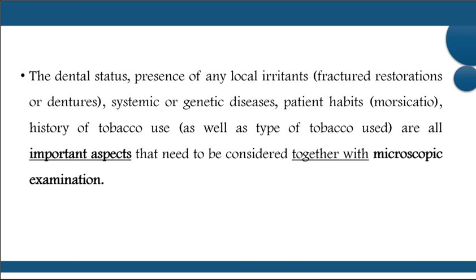The dental status, presence of any local irritants زي fractured restoration أو dentures, systemic or genetic diseases, patient habits, history of tobacco use as well as type of the tobacco use are important aspects that need to be considered together with the microscopic examination. يعني أنا أخذت البايوبسي هسي لازم أشوف البيشنت ده عنده systemic or genetic diseases ممكن تعمل لي oral lesions with this color. طيب إذا هي is not related to any diagnosable disease ولا patient habit ولا أي حاجة، ممكن البيشنت يكون بياخد tobacco، together with the histology ممكن أنا أقدر أعمل